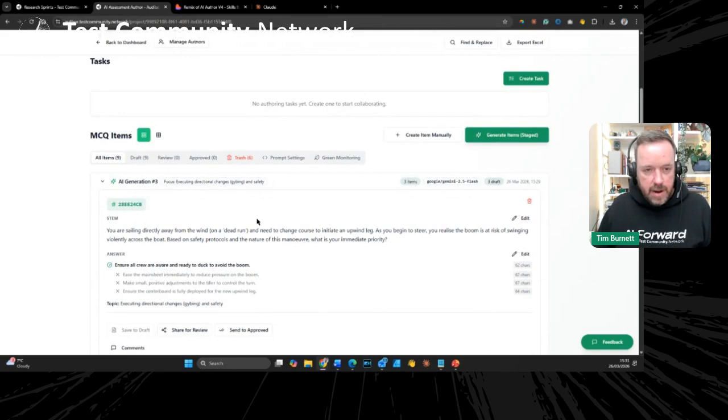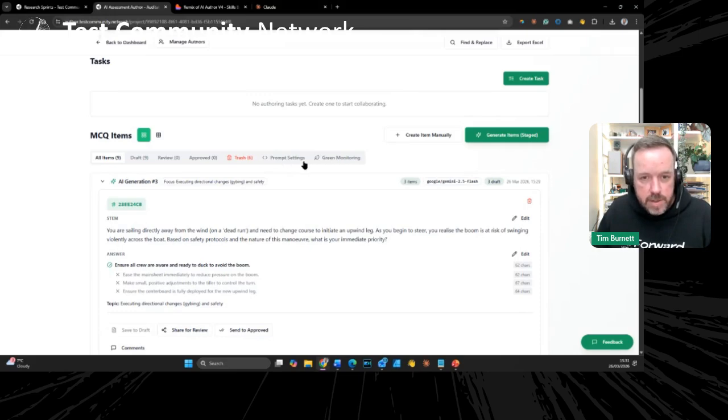So that's kind of my thinking around, basically what I'm trying to show here is what I think good item generation looks like, and some ideas and tips that you could pick up on, if you're building your own, or anyone else that's got their own solution, as part of the process.